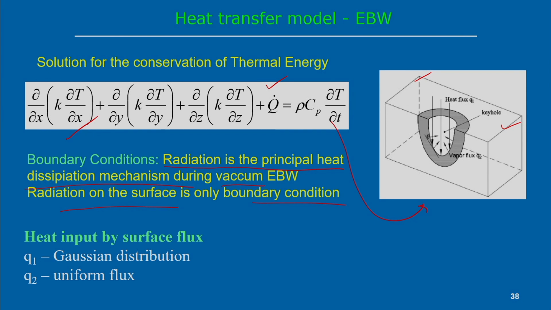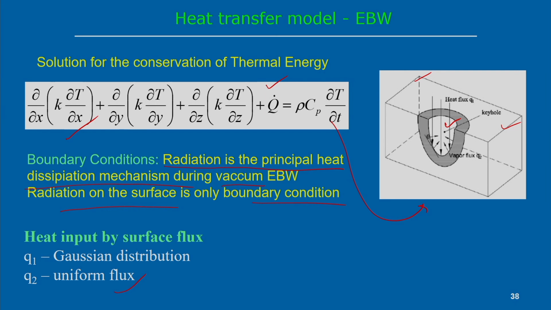Therefore, in this case the keyhole formation is there, as you can see in this figure at the center. First we can predict the keyhole, or we can assume some size of the keyhole. Within the size of the keyhole we can assume the heat flux is uniform, and we can assume the heat flux as a surface flux throughout this keyhole.